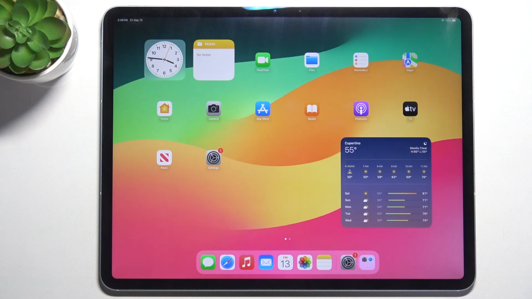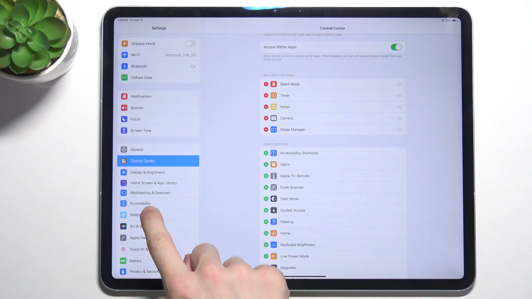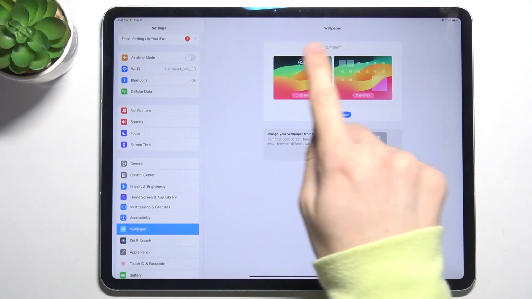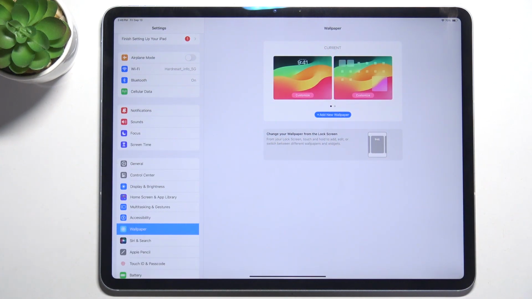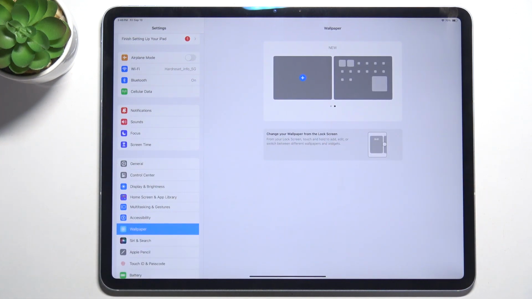To change the lock screen wallpaper, go to Settings, then Wallpaper, and here you can see my current wallpaper. I can either customize it or add a new wallpaper so I can switch between these wallpapers. I'm gonna add a new one,